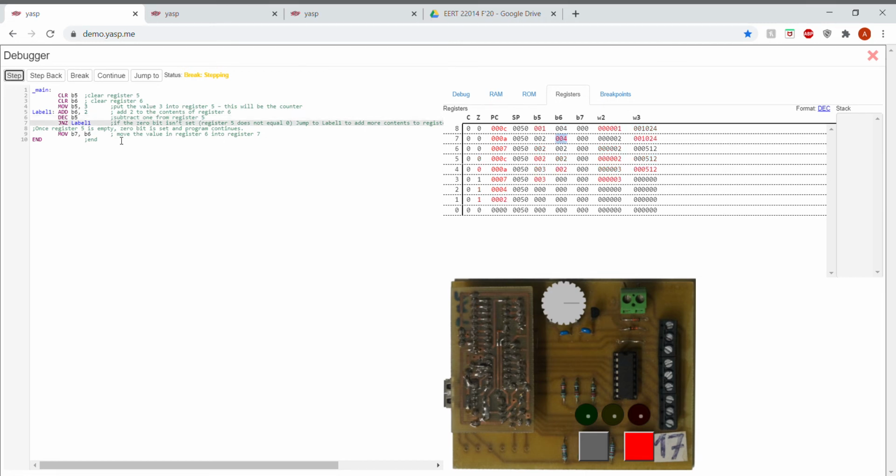We'll step. And then this next line 6 just decremented B5. So it went from a value of 2 to a value of 1. So it's counting down each round. Now it's still not equal to 0, so the 0-bit hasn't been flagged, which means we'll loop around again to